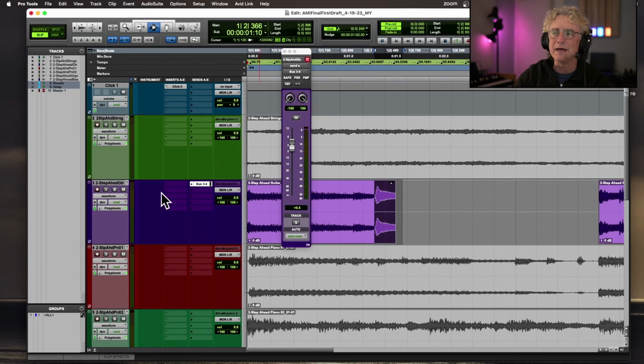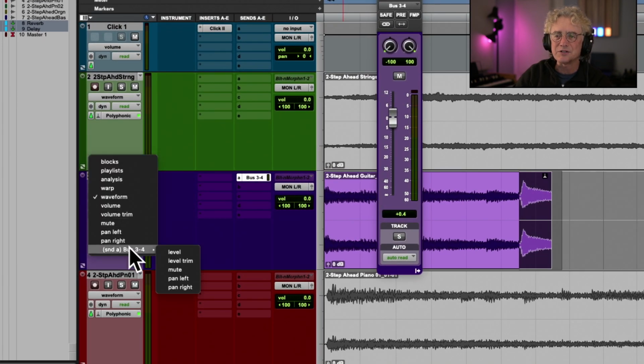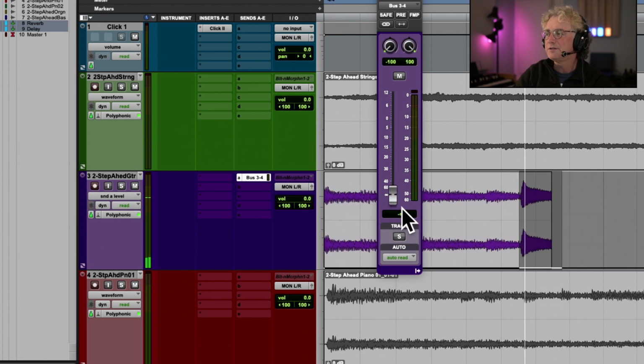And the way you do that is to click on the waveform, right? This is the track view selector. And you notice now you have a send A like submenu, and you just bring the level up. And if I bring this down, you'll see this line moving. See that? It moves down. So what you can do is